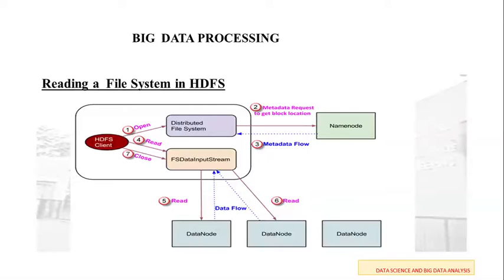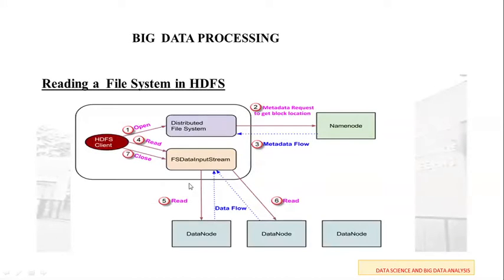Then we will see how a file is read in the distributed file system. A data read request is served by the HDFS name node and the data node. Let's call the reader a client, and this diagram shows the specific file operations in Hadoop that we will explain. Now we will go step by step. Here the steps are represented using numbers: first, second, third, fourth, fifth, sixth and seventh.